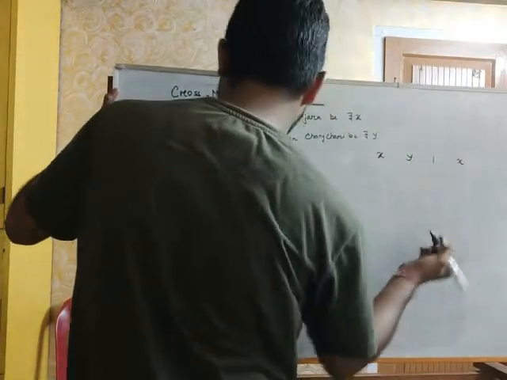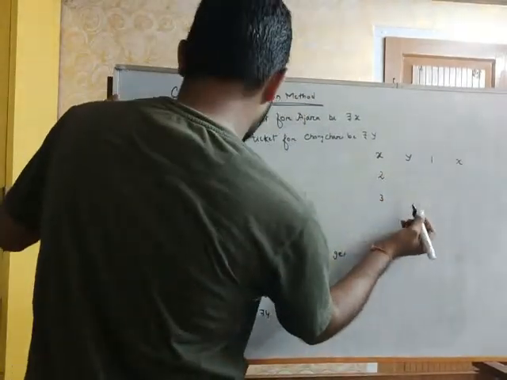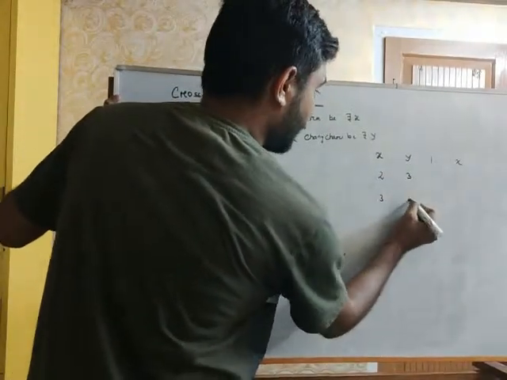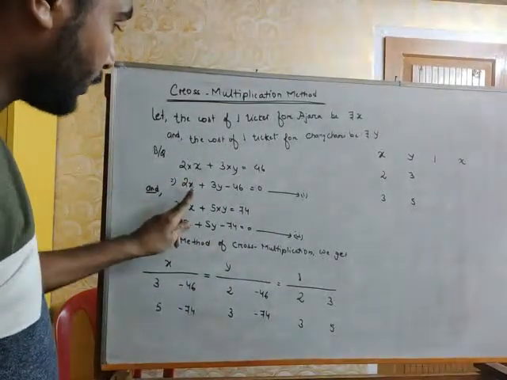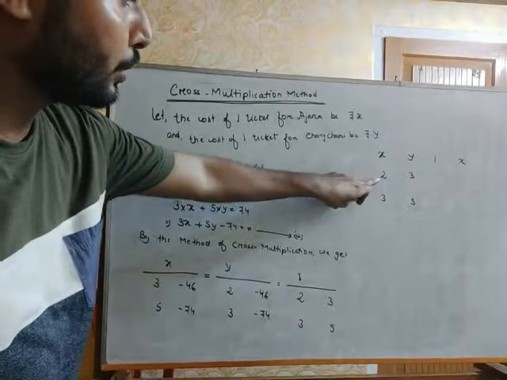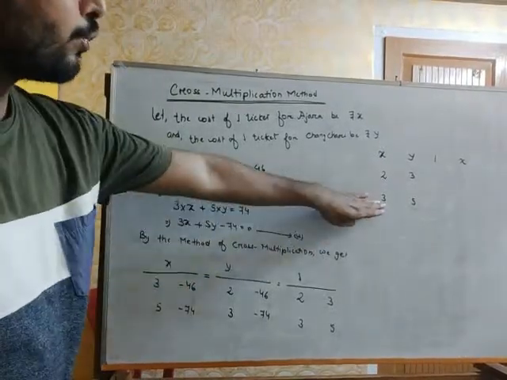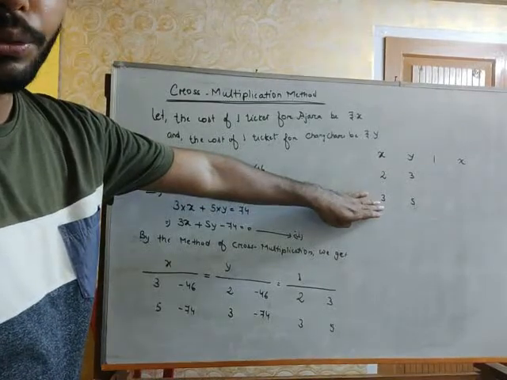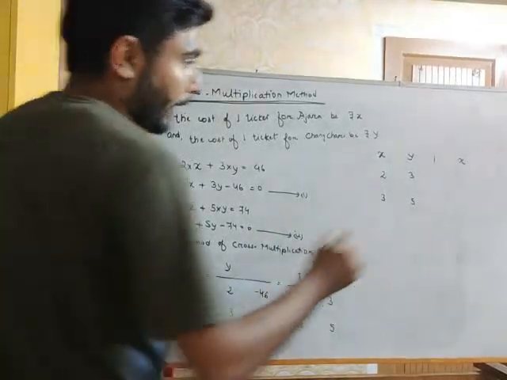Again write x; the coefficient of x is 2 and 3, the coefficient of y is 3 and 5. Now you all know how to find the coefficient: what is in front of x? 2 is there. So the coefficient of x in the first equation is 2. What is in front of x? 3. So the coefficient of x in the second equation is 3. Likewise I have written the coefficient of y and the constant term is